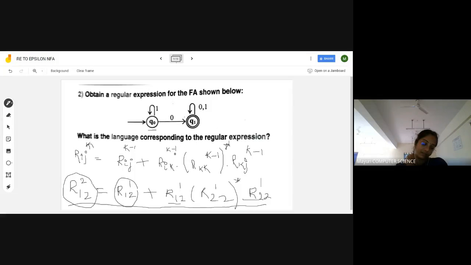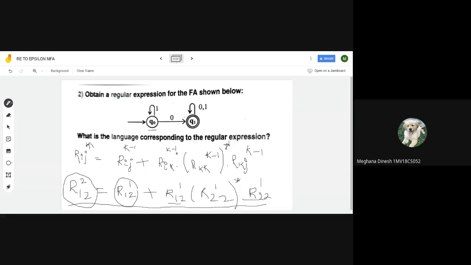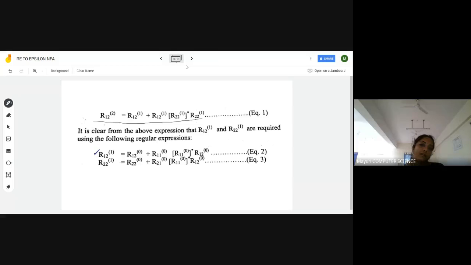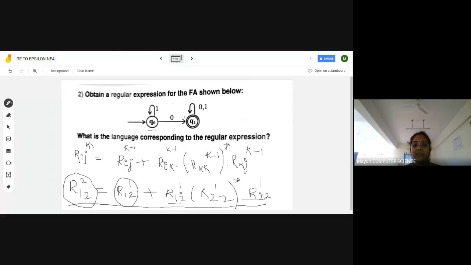Are you following? Yes, ma'am. Okay. So now, if we don't know any terms, we'll commit later. Fine. I think you keep that aside and try to know each. And in the book, Padma Reddy or whatever it is, you don't follow the complete problem. Whatever terms are required, that much you calculate, or else it will unnecessarily deviate. So I need R_12^1 and then R_22^1. According to this, R_12^1, R_22^1.